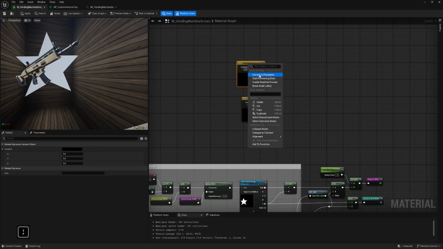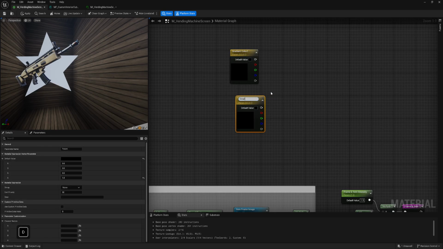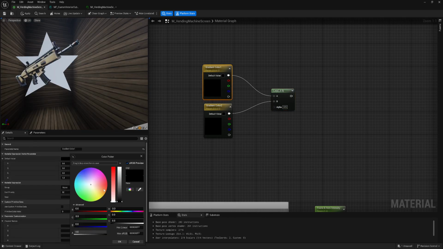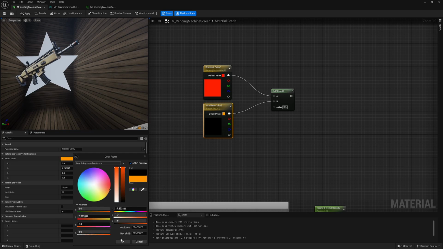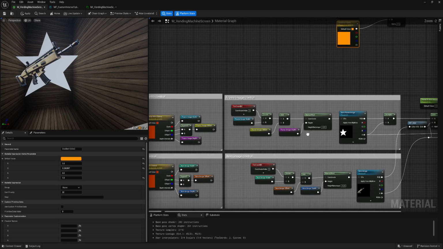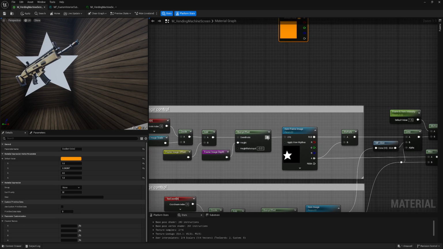Let's create two colors. So in here, I need to grab this thing. So I'll just create a root node.